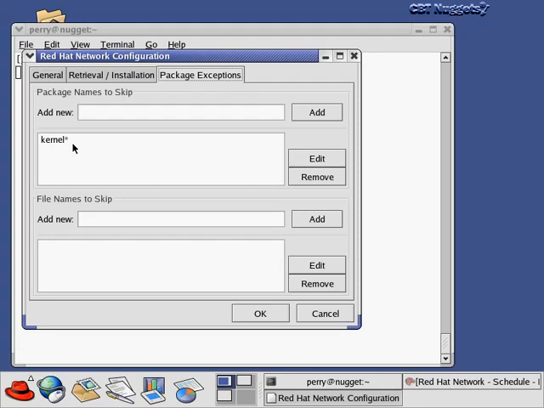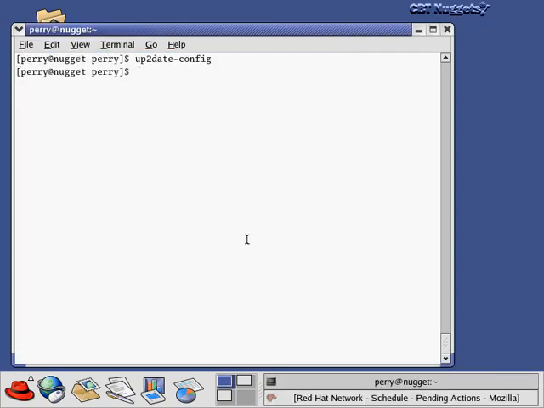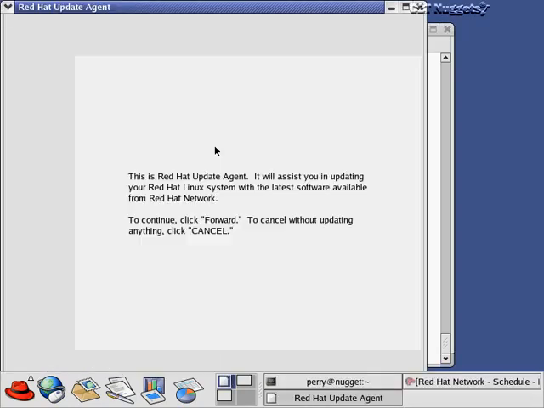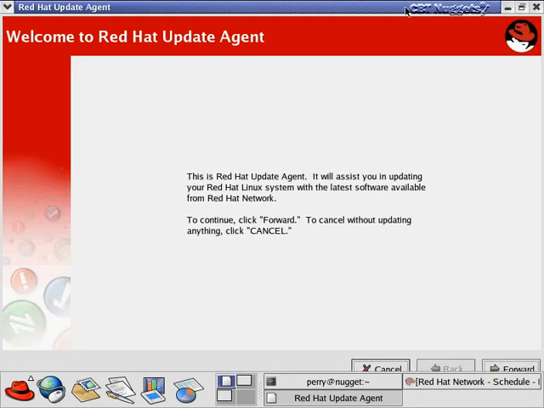Okay, in a few videos down the road, we're going to do kernel recompilation and talk about that. And one of the things we'll talk about is how to update your kernel so that it's the most current kernel. Okay, so I'm just going to cancel out of here, and then once you've configured up-to-date, you can run the up-to-date program by just typing up-to-date, and now it's going to bring us into the Red Hat Network